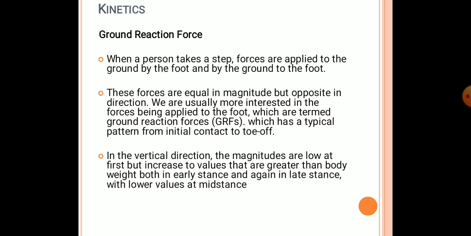So last class we discussed the kinematics, or the basic movements which are happening in a gait cycle in each of the joints in the lower limbs. So today we are going to look into the forces which are producing some kind of movements, or the kind of movements which are initiating this gait.